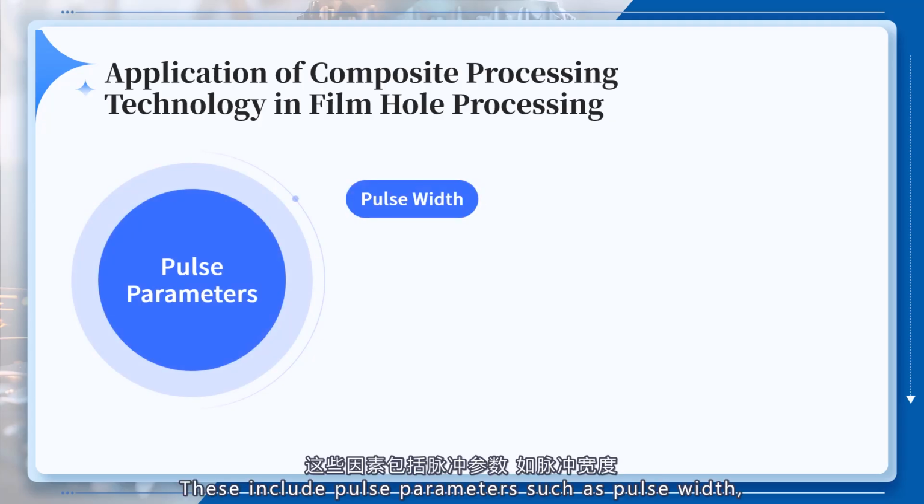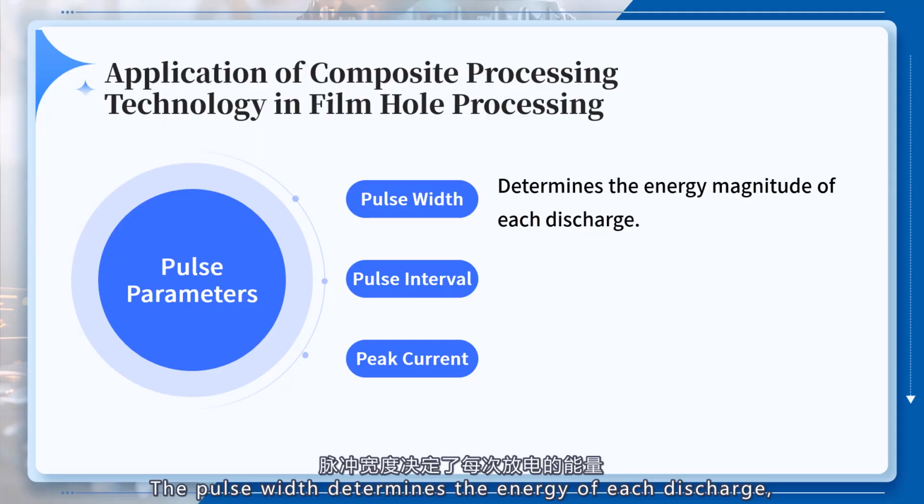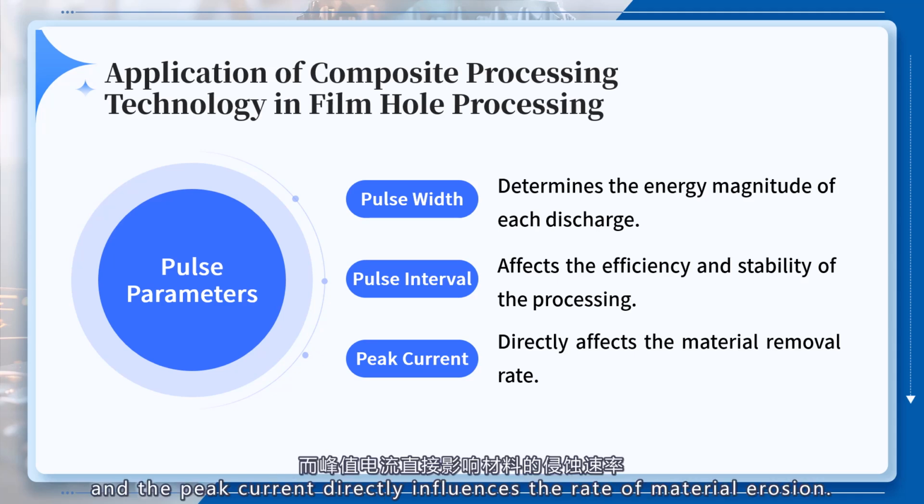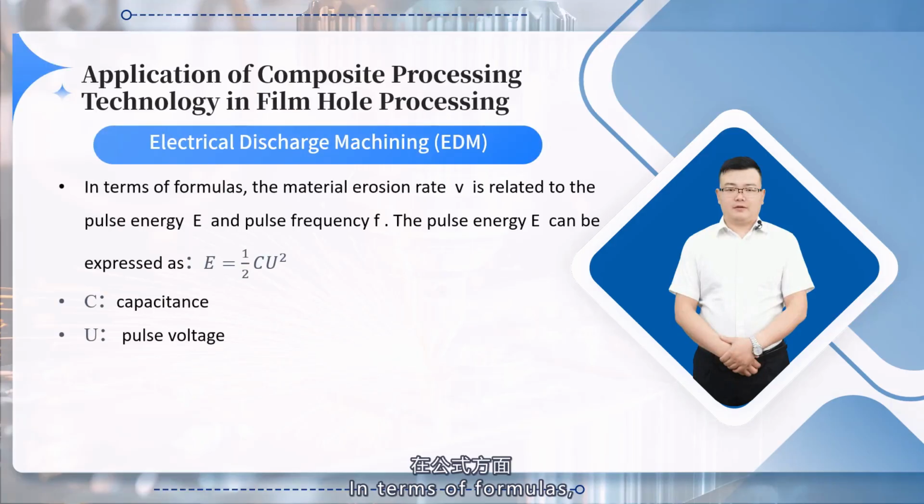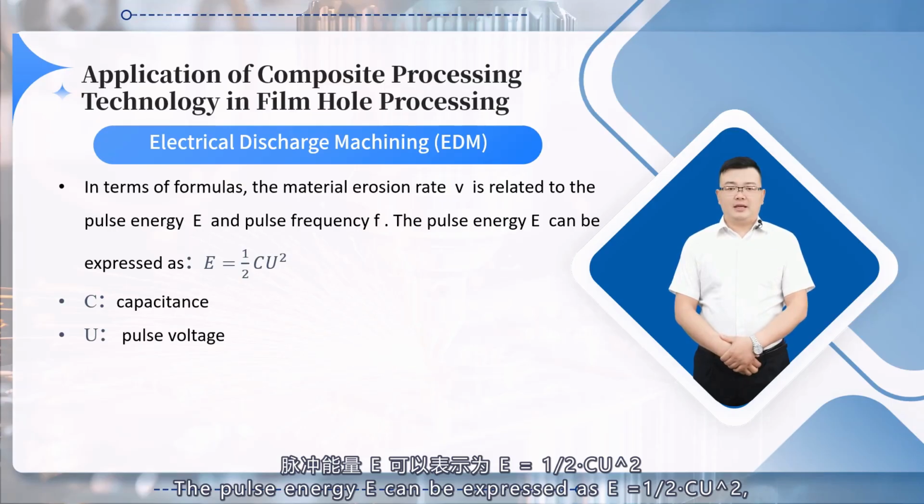These include pulse parameters such as pulse width, pulse interval, and peak current. The pulse width determines the energy of each discharge. The pulse interval affects the efficiency and stability of the machining process, and the peak current directly influences the rate of material erosion. In terms of formulas, the material erosion rate V is related to the pulse energy E and pulse frequency F. The pulse energy E can be expressed as E = 1/2 CU², where C